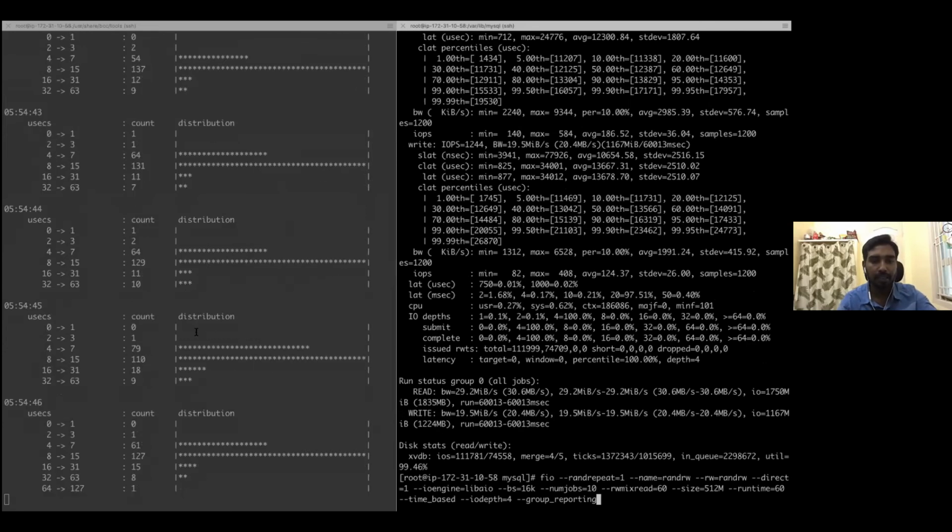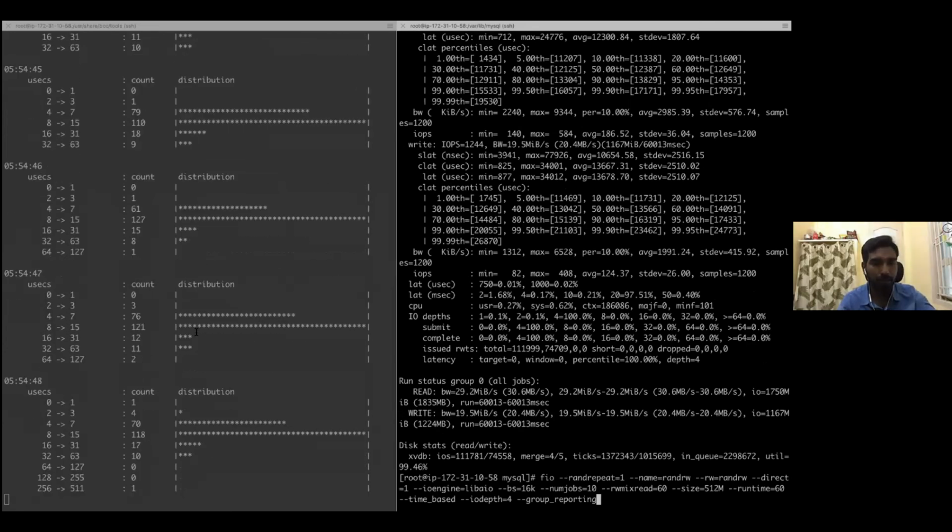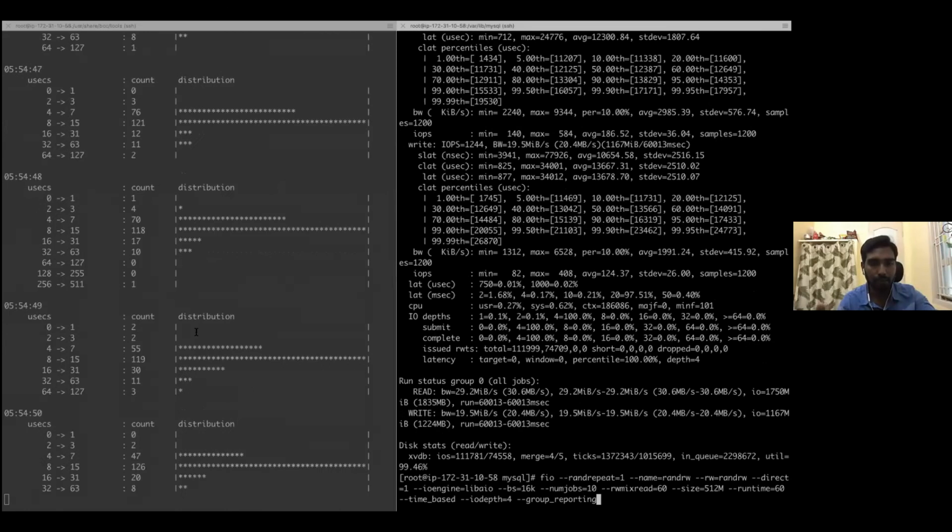Okay, this clearly shows the distribution of your run queues with respect to nanoseconds in a histogram format.